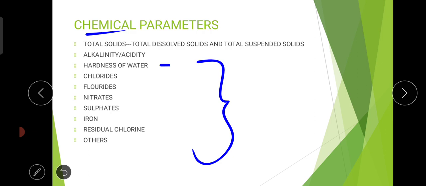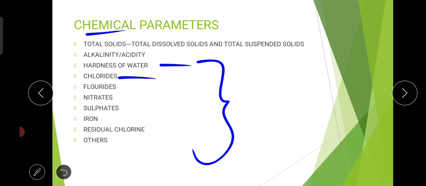So it can be estimated by the titrimetric method. This particular reaction is also called the complexometric method. Here the agent is EDTA and the indicator is Eriochrome Black T, EBT. By using EDTA in your burette, you have to titrate your water sample with the indicator EBT. It's a complex reaction, so it is also called a complexometric reaction. Okay, so the standard limit for hardness is 300 mg per liter.